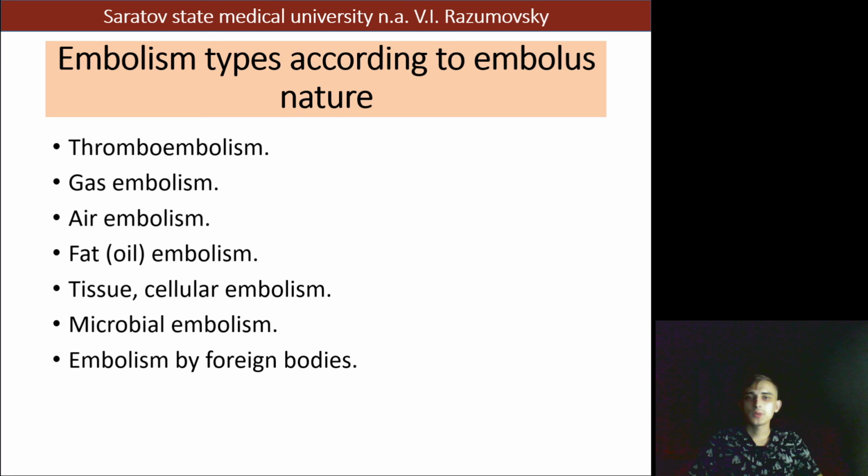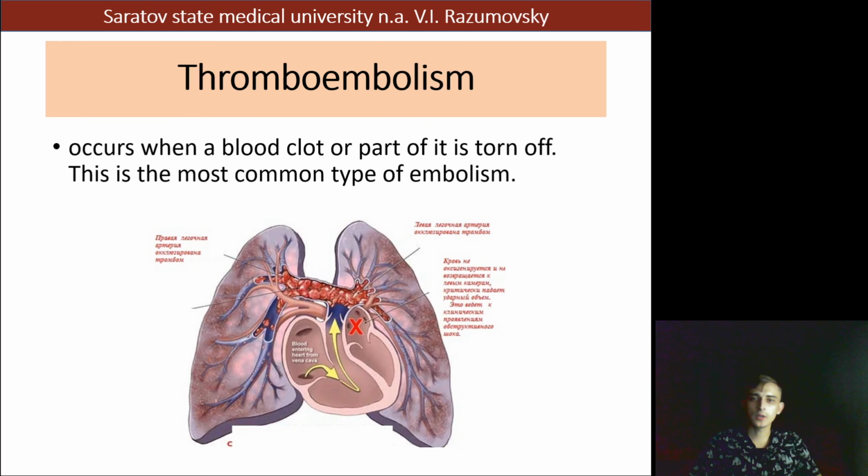Thromboembolism occurs when a blood clot or part of it breaks off. In the most common type of embolism, clinical manifestation may be different. Most often you may find pulmonary artery embolism and thrombosis. Most often this case develops after